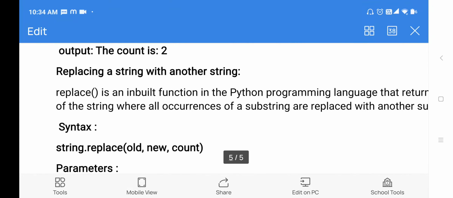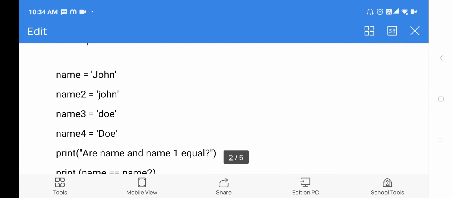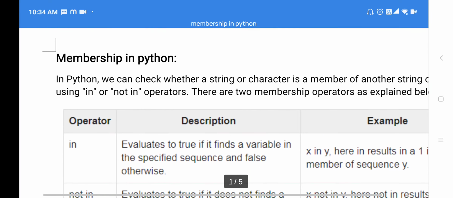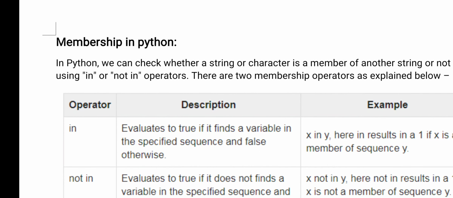Still you have more functions that I will explain, because just now I have explained many functions, no? So now again I will just revise what I have explained here. First function, membership in Python. Using a membership function, we are checking whether the given string is there in another string or not. If it is there, then you will get true, or else you will get false. How many operators are we using here? 2 operators. One is in and the second one is not in.